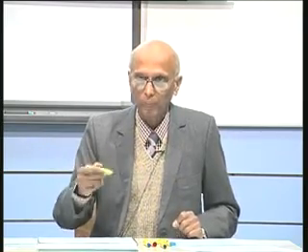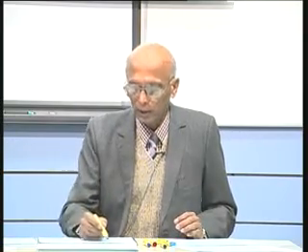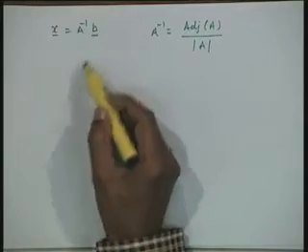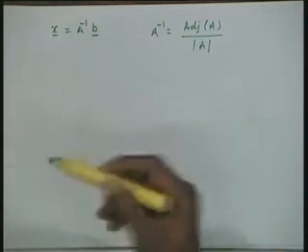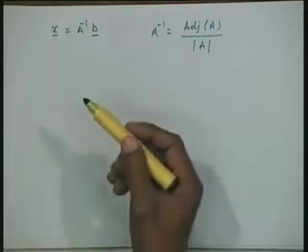Therefore, we need much simpler methods which can give us the inverse as well as the determinant, and any one of the methods can be chosen. In fact, if you are solving a problem with more than one right hand side, then it would be easier to find A inverse once, store it, and then use it for the different right hand sides, that is A inverse b1, A inverse b2, A inverse b3, and so on. Once we determine it, we can have the solution in that case, and that is a practical problem also.